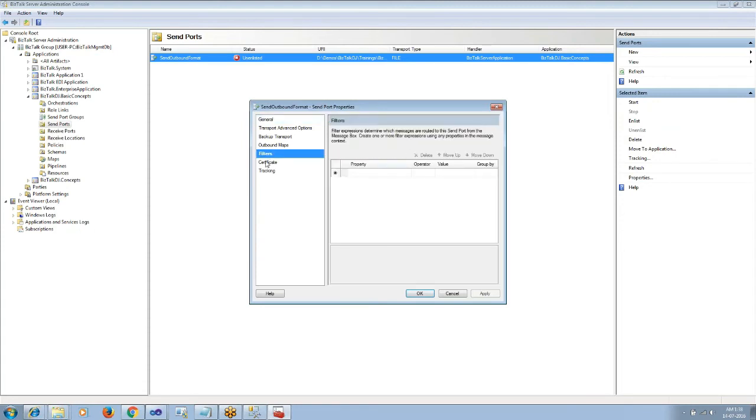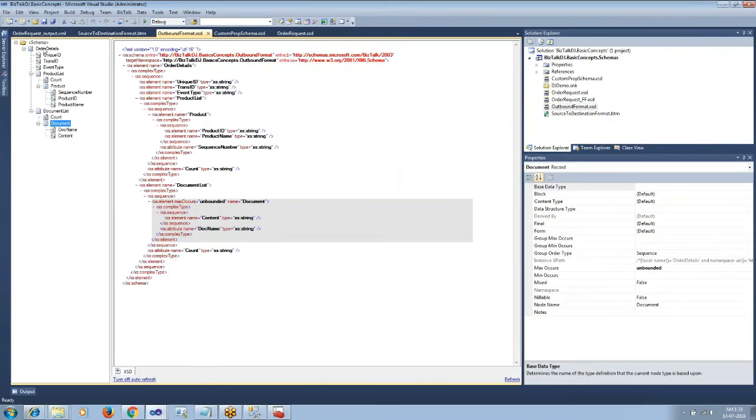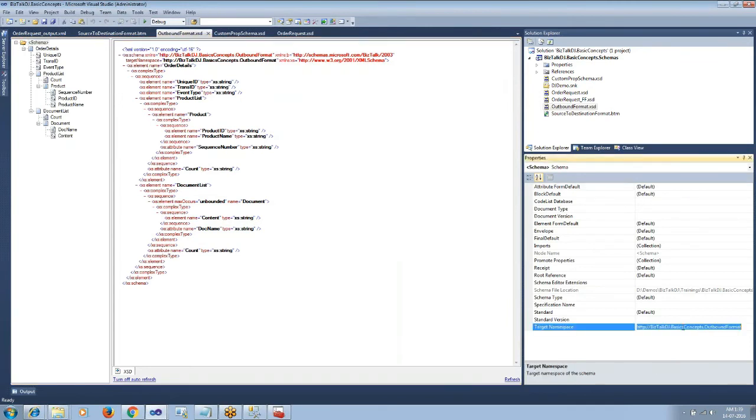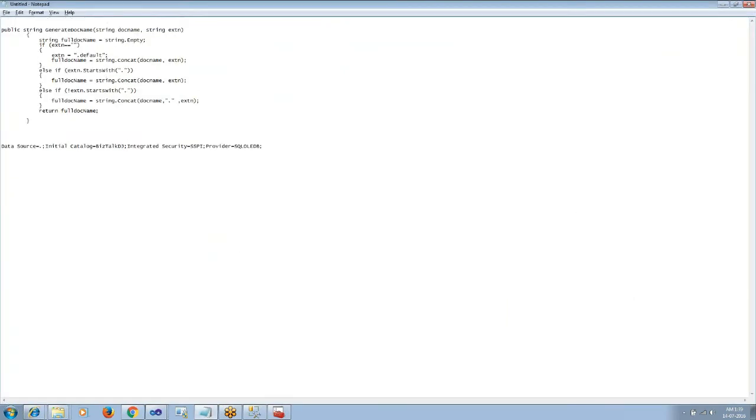As we are doing an inbound mapping, the message type we should be subscribing to is http://biztalk dj.basicconcept.outbound format #order details.